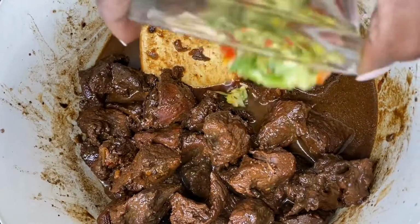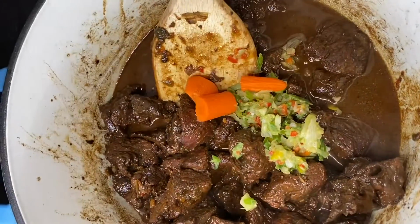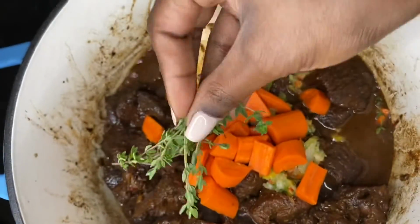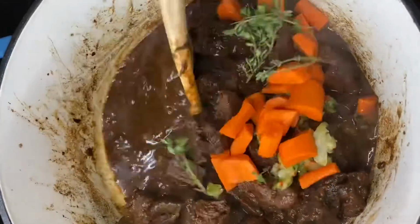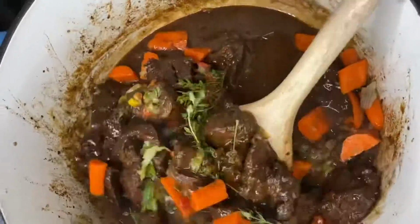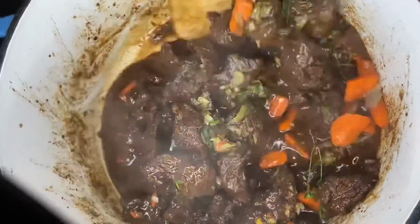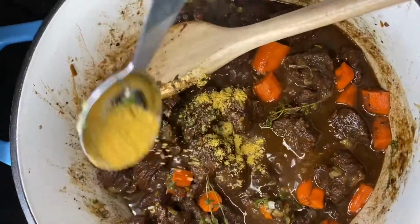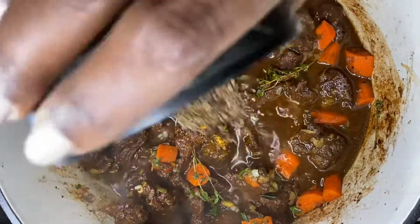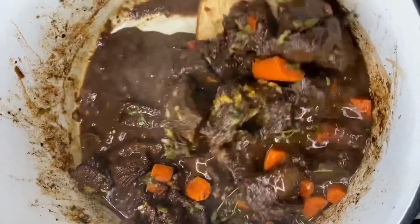I raised up my heat from low to medium at this point, and I'm adding to the pot 2 tablespoons of my fresh blend, the 2 really large carrots, which I did cut into cubes, a few sprigs of thyme, and I'm going to allow this to cook for about 5 minutes or so before adding the potatoes because I prefer my carrots a little bit more on the tender side, a 1/4 tablespoon of all-purpose seasoning, a few seeds of pimento, which I did ground,